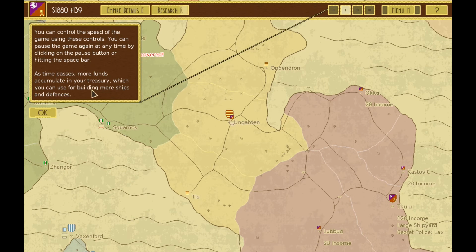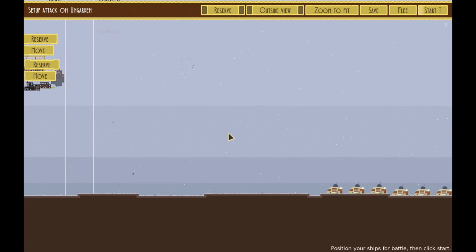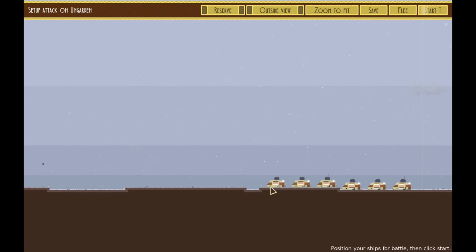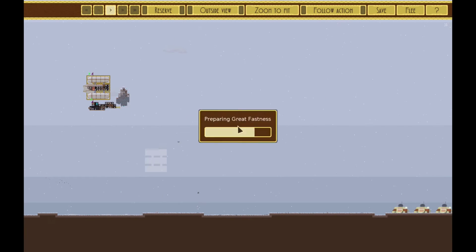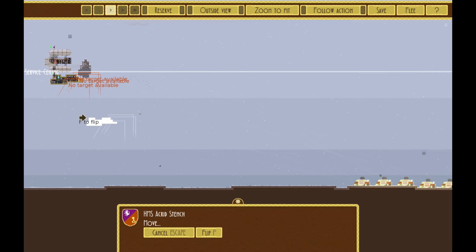Control the speed of the game using these controls. You can pause it at any time. And now I guess we're going to go to a combat screen. A nest of giant spiders has been discovered. Okay. So here's our two ships, and what do we have over here? Little ground bases. Okay. Well, let's start it and see. Tab will switch between the ships, so